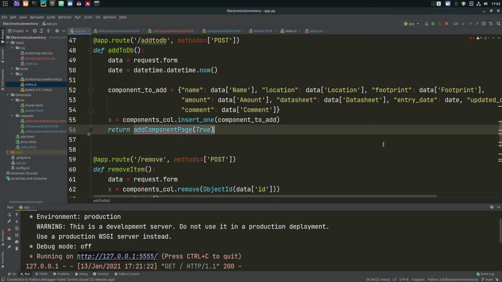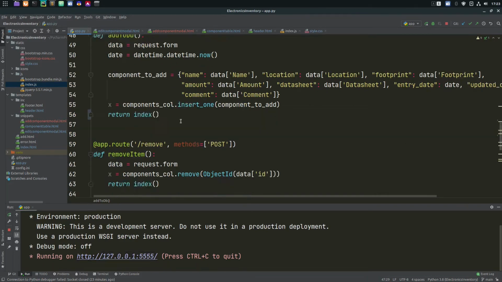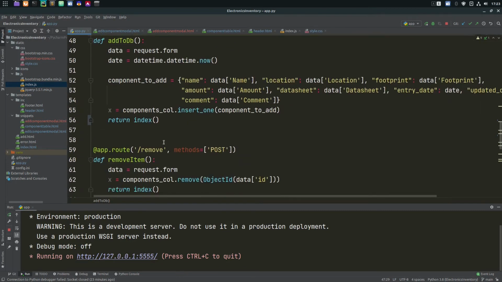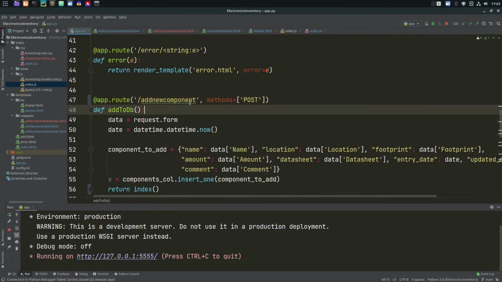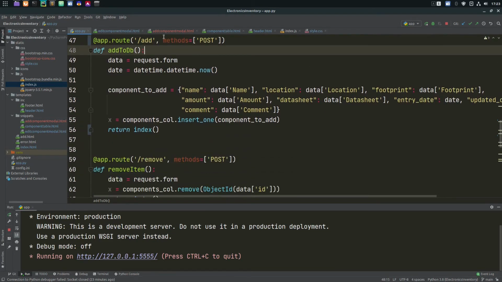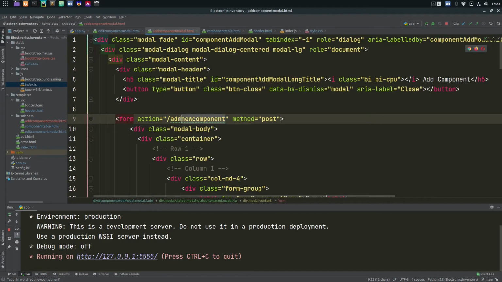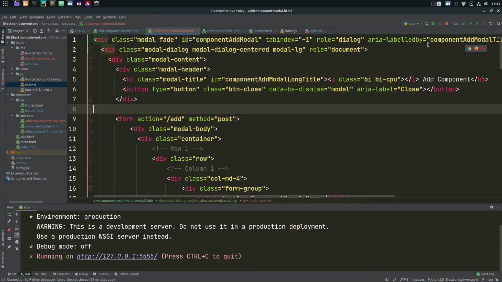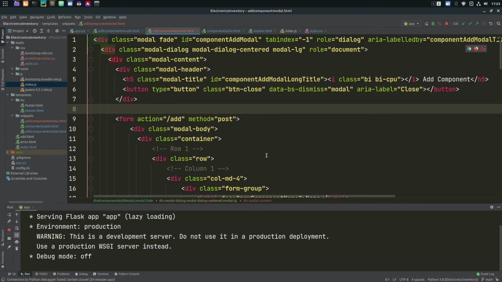And we will return index. Although keeping in line with /remove /update, maybe it should just be /add. So we'll change it back to /add. Save it. Part of this is looking at what you've already done and figuring out why it now currently isn't